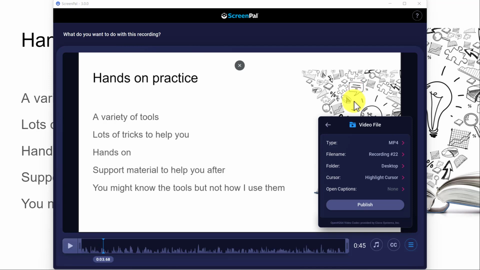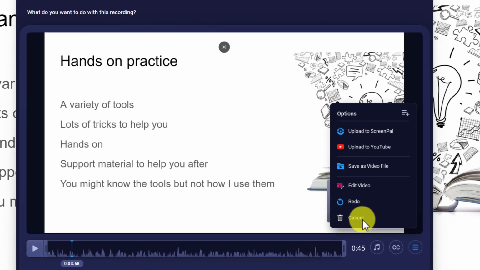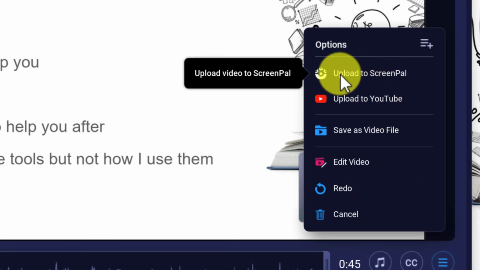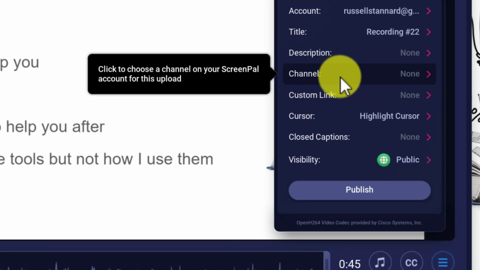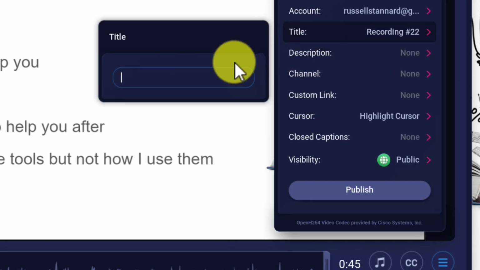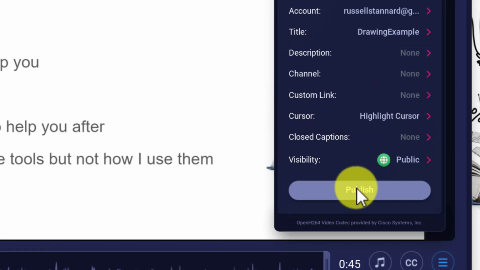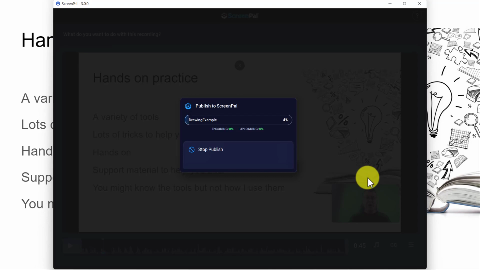So if you want to save the video in another way, click this button and come back again. Let's look at some of these options. The one I want to focus on at the moment is upload to ScreenPal, because this actually uploads the video into your account. And we've got a few options here. We're going to just click and give this a quick title. We're going to call this drawing example. Okay, click on publish,